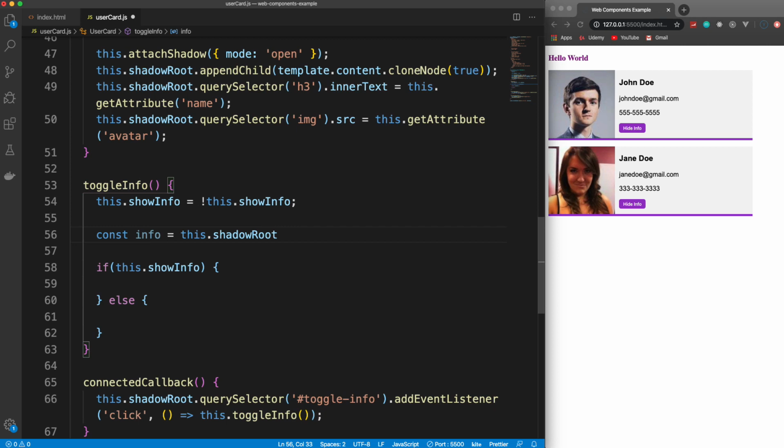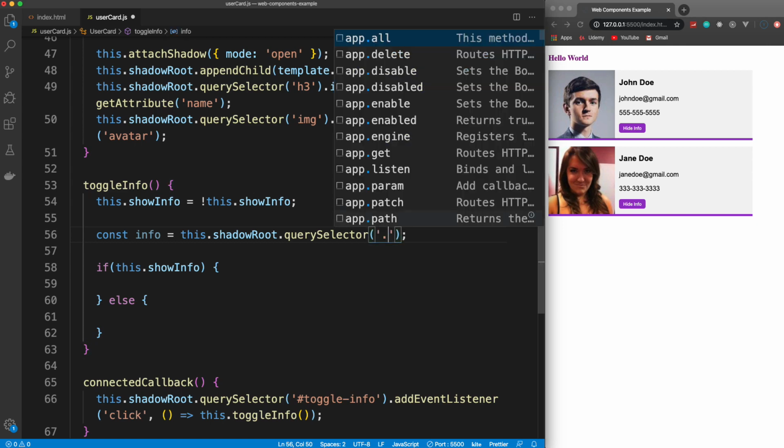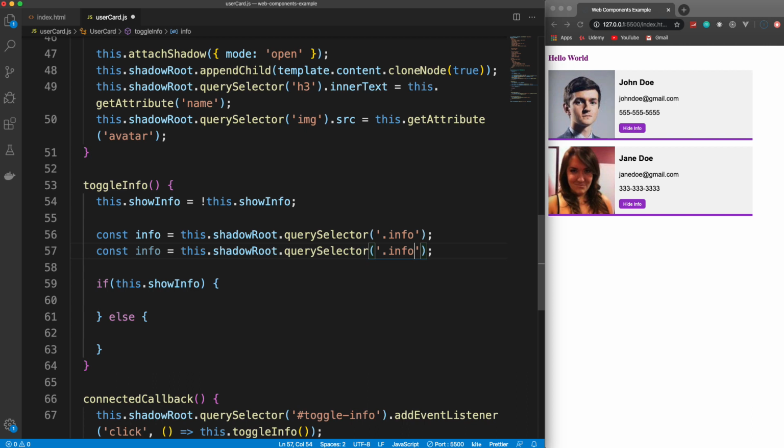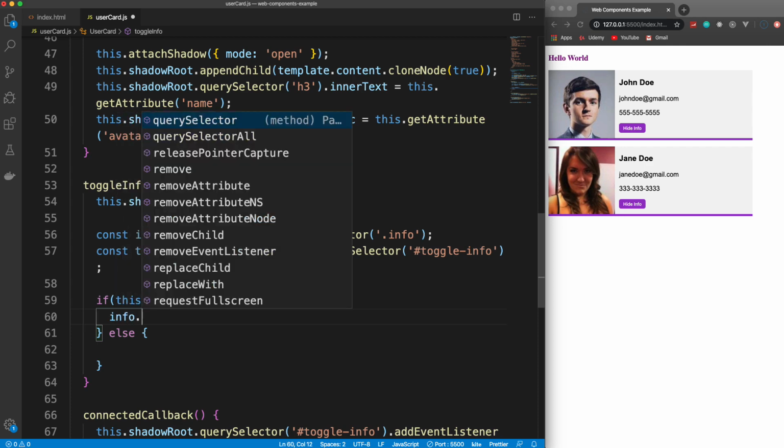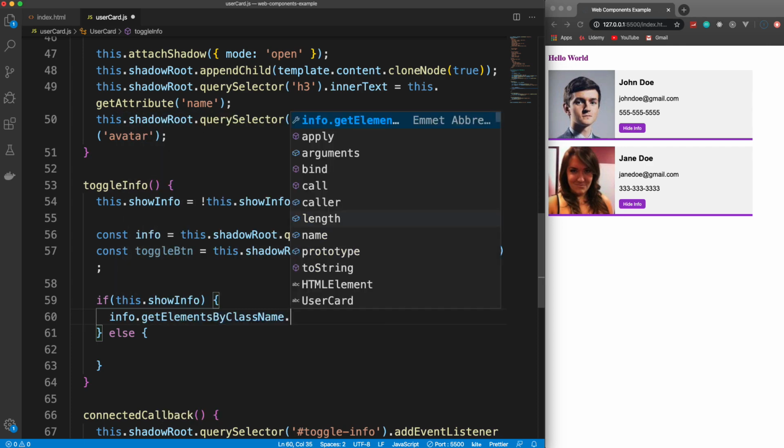Let's actually close that up. Shadow root dot query selector, and we're going to grab the class of info. All right, and then we also want to grab the ID of toggle info, so the button, and we'll call this toggle BTN. Okay, so if this dot show info, then let's take info and just set the style of